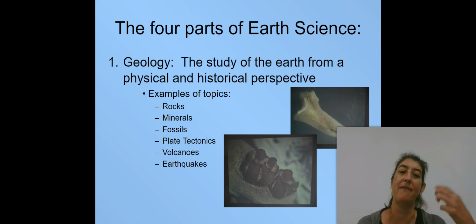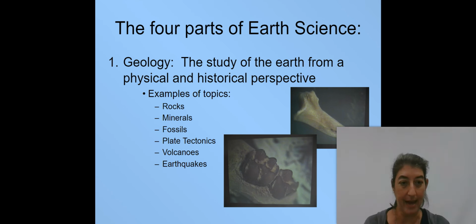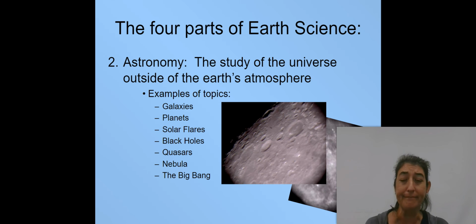So we talk about what the evidence is and how we draw conclusions from that evidence about what's going on in its past. We also have a focus on taking a look at what's currently happening and how we study those natural disasters like earthquakes and volcanic eruptions in such a way that we can use what we know to be prepared and as safe as possible from those sorts of natural disasters.